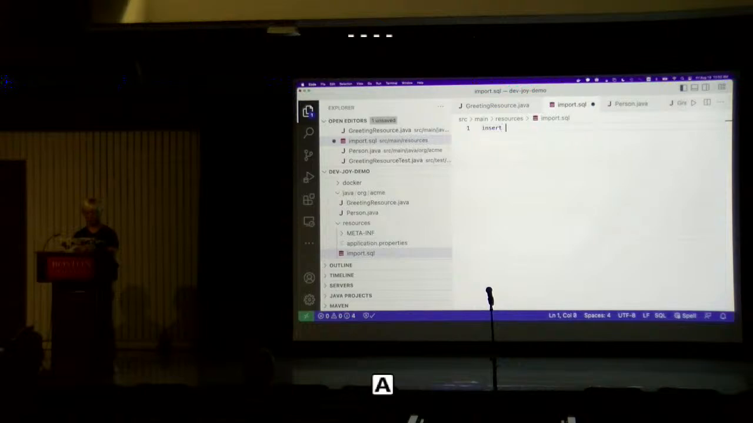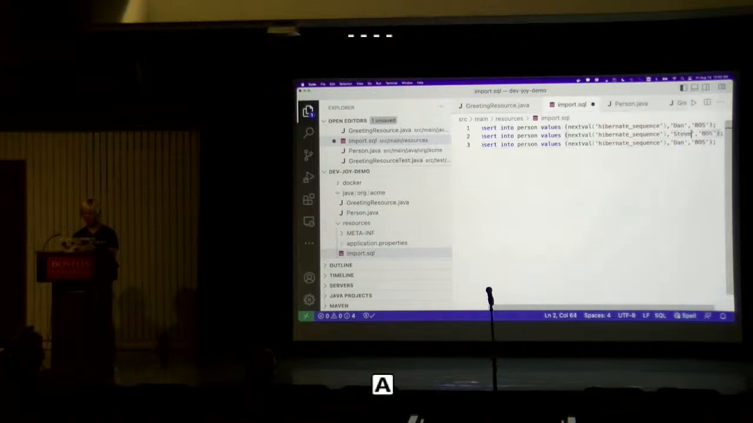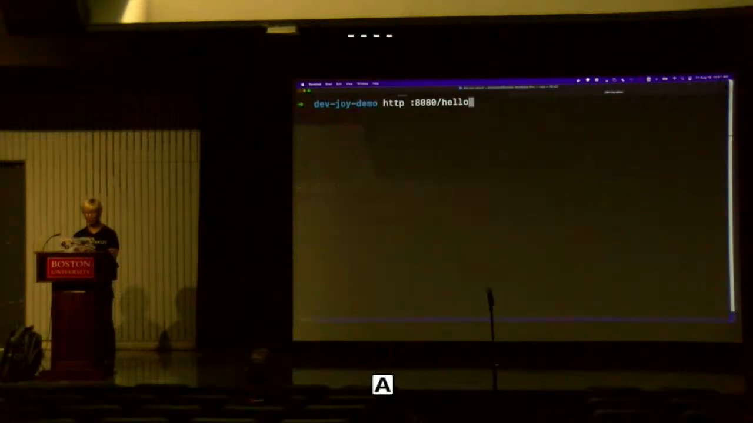Let's say insert into person values, next value, Hibernate sequence, and then my name, Dan, and I'm based in Boston, and actually I'm living in Brookline, so I'm local here. So let's try to add a few more data here. Stephen, like New York City, and James, like New Jersey. I just save the file, and then back to here, and now I'm going to try to access